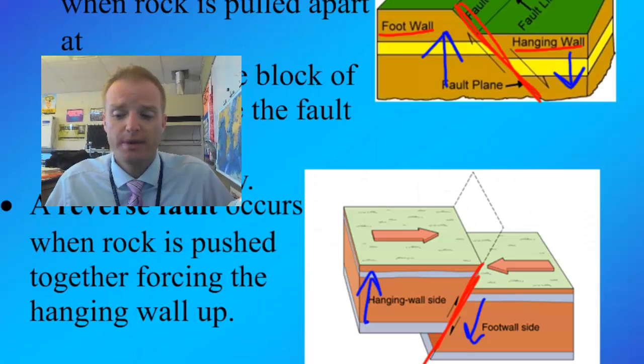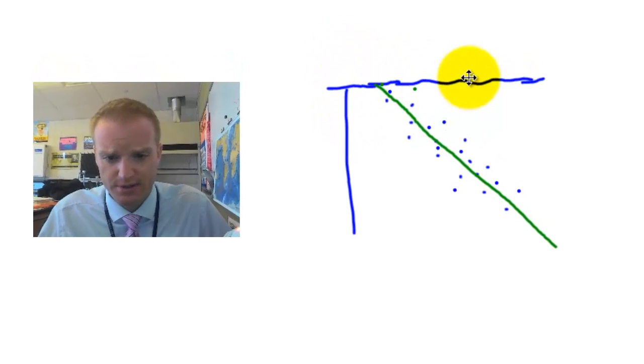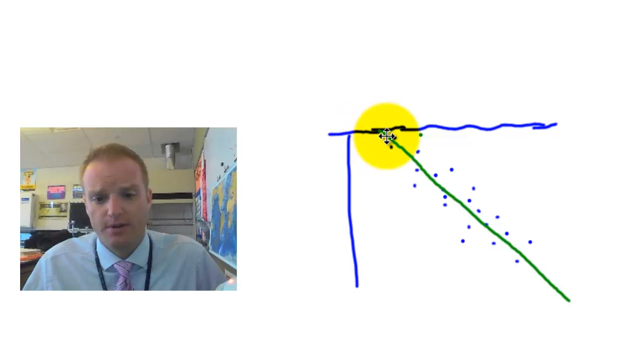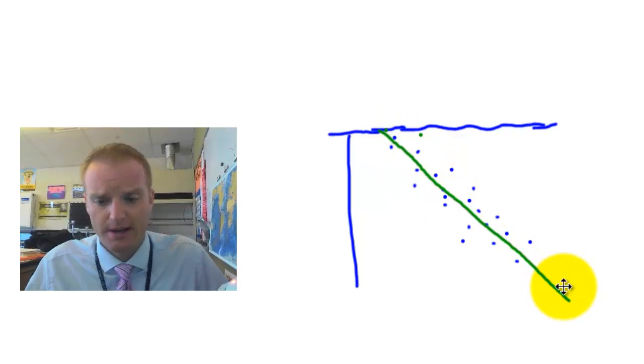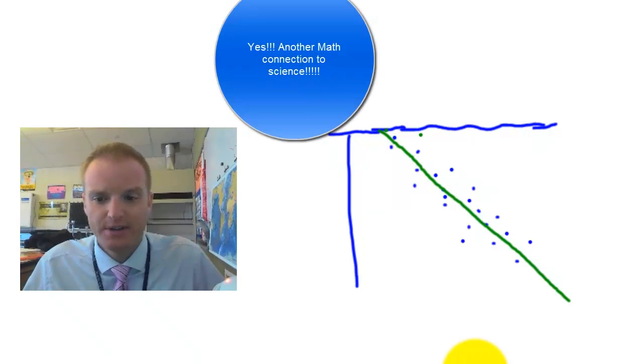All right, so going back real quick, guys, I want to explain one thing. I had this very simple picture here, and here's the surface of the earth right here. Here is our fault line in green. And how do we know that's there? How do we know there's a fault line there? We kind of just drew a line. And it goes back to a math term, like a scatter plot. What scientists did to figure out where these fault lines were, again, we can't see down 10, 20 miles even down under the earth,